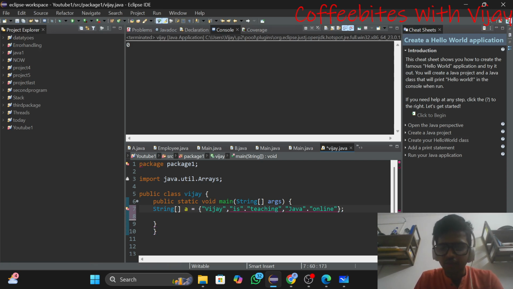This is a string array given to me, and my task is to sort the strings. So how can I sort this string array, guys? It is simple and easy. What I'll do is, guys,